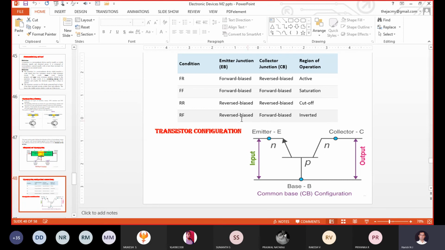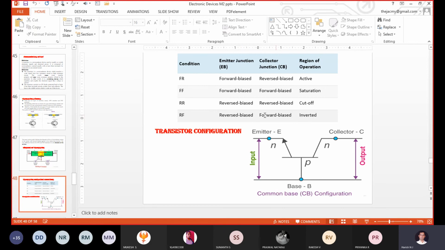Correct. And one more is there. Actually this inverting region we use in the diode coupled model or Ebers-Moll model. It is a big derivation in this chapter. It involves nearly 30 equations. So in that derivation we are using the inverting mode condition. Inverting mode means what? It is the reverse of the active mode. In the active mode JE is forward and JC is reverse, but in the inverting mode JE is reverse and JC is forward. So instead of calling it the opposite of the active, it is the inverted mode.